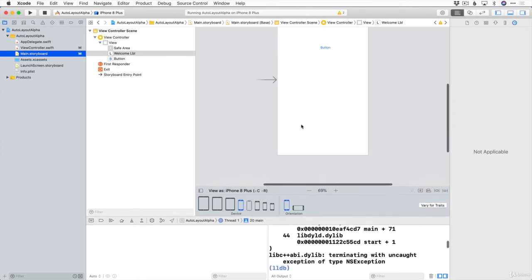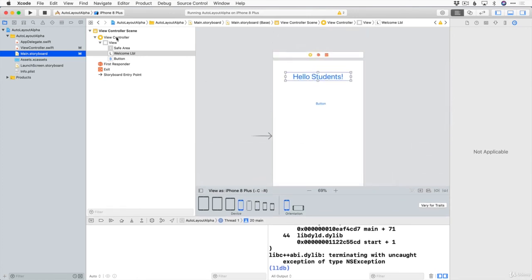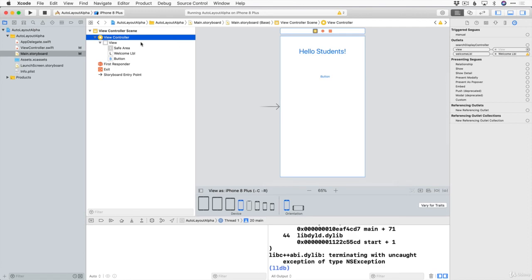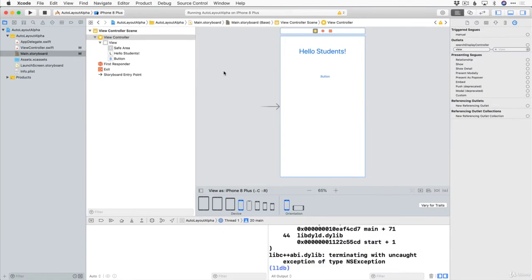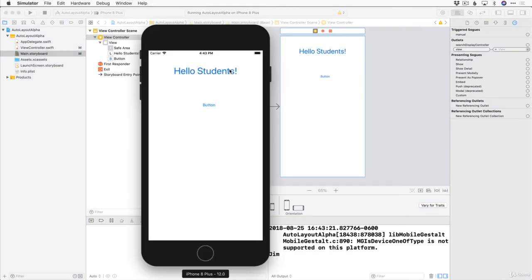And if we right click here on view controller, we can see the segues and the outlets, presenting segues, etc. that our view controller has. And right now you can see that this has a little yellow warning sign. And that means that there's something wrong here. It says that the view controller does not have an outlet named welcome label. And that's because we deleted it. But we also have to delete it here in the storyboard. So just click on that little X right there, and then we can run it,